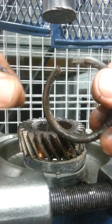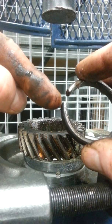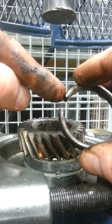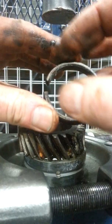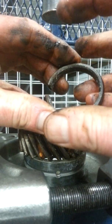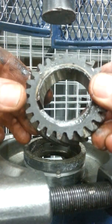And then our spacer, which I'm going to replace with what's called a racer spacer, and it allows this to be one full complete circle. So it's one piece as opposed to a spring type material that could potentially, with high RPMs, open up and cause it to move in the assembly. And then our camshaft drive gear